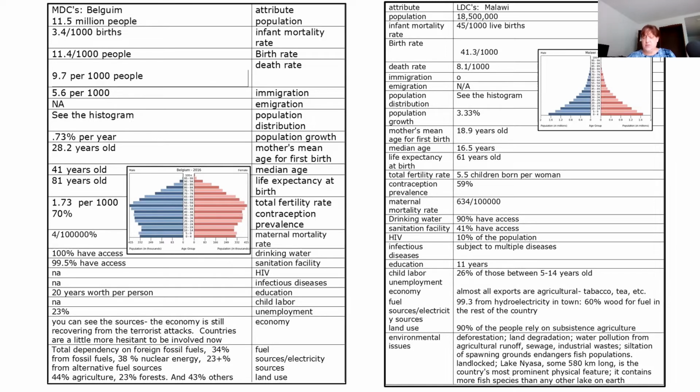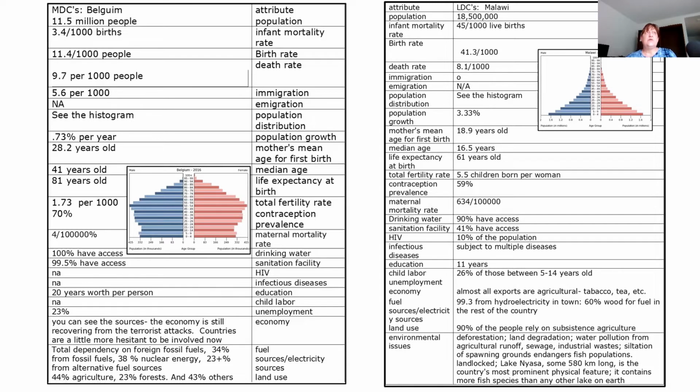So the way I would describe this is going to be through more developed countries and less developed countries. Now let's look at some attributes here. I have Belgium on the right, which is a more developed country, and I have Malawi on the left, which is a less developed country. More developed countries are